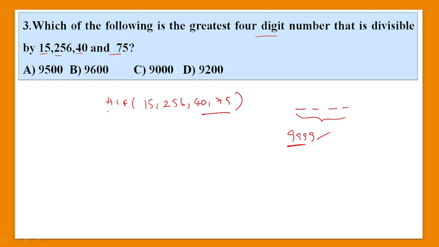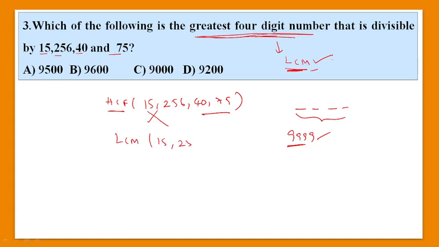If you think this will be the HCF, then you are absolutely doing the wrong thing here. Why? Because the question clearly mentions the greatest 4-digit number. So if any question is given like this, we need to take it as LCM, not HCF. Instead of finding the HCF here, we need to find the LCM of